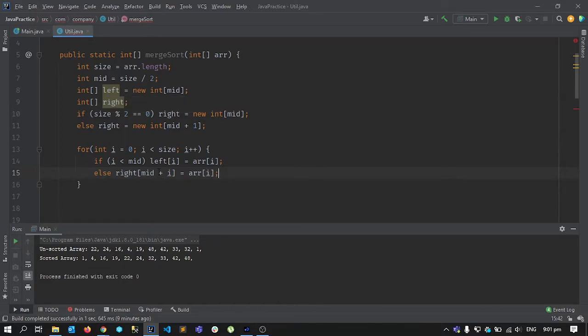I think this should be it, and I think I wrote this wrong. It should be i minus mid, because for example if our input array is of size 10, this mid will be 5, and when it reaches 5 we should start putting elements into our right array, and the index of that should be 0. So at that moment i will be 5 and mid is 5, so it will be 5 minus 5, 0, and this will still be 5, so we'll have right 0 equal to arr 5, and like that. Okay,